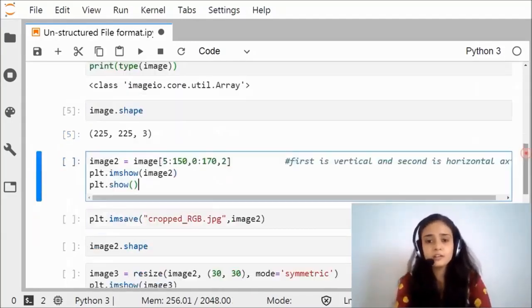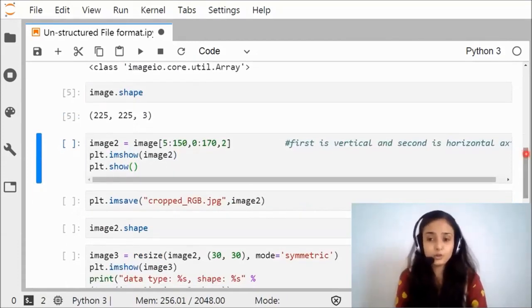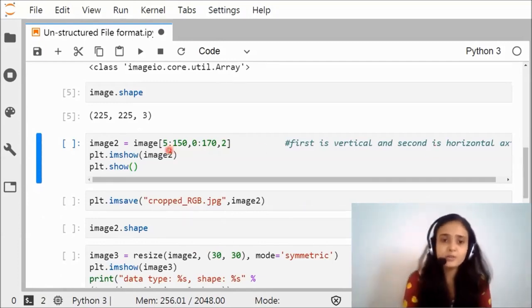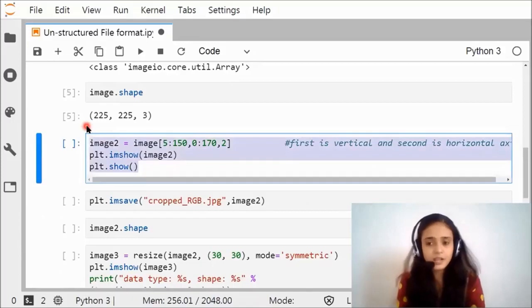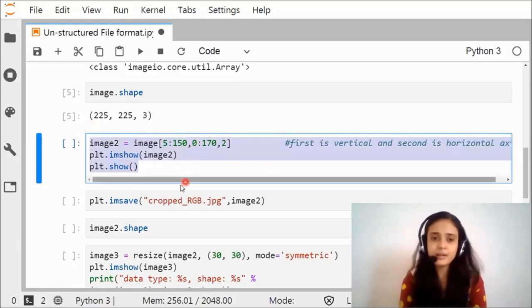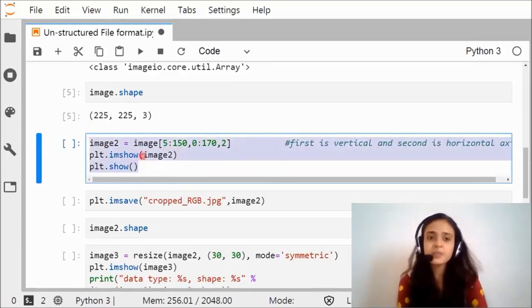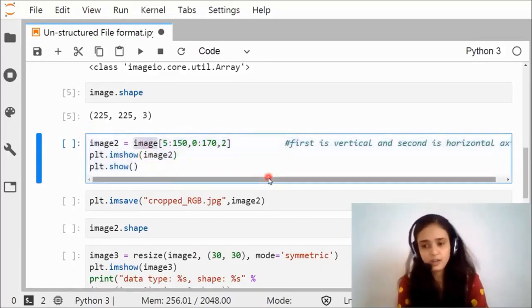Now over here, what I am doing is I want to crop the image. You must have seen the cropping functionality in your smartphone. But if you want to crop the image using Python code, then you can do it like this. Whatever cropping you do in the smartphone, some programming happens in the background, and that programming will be like this. Which image do I want to crop?